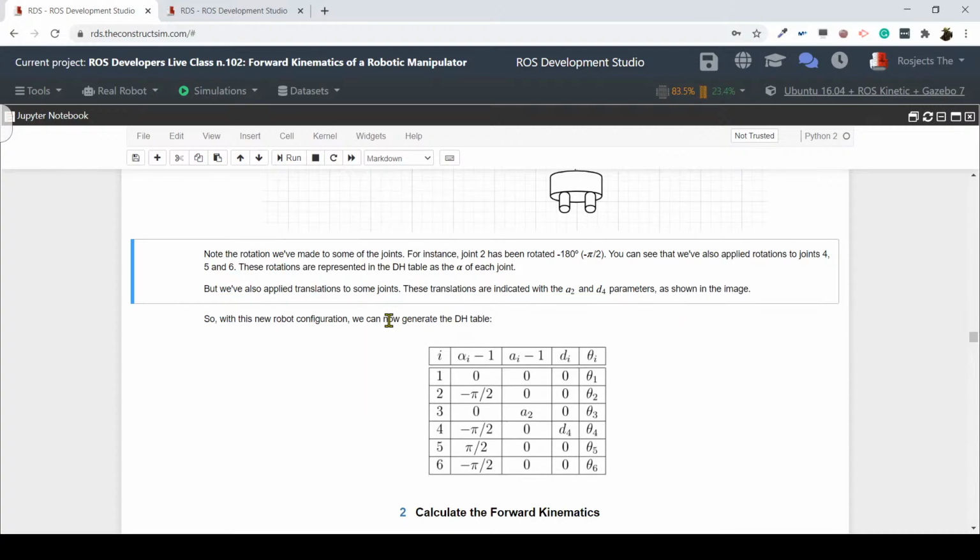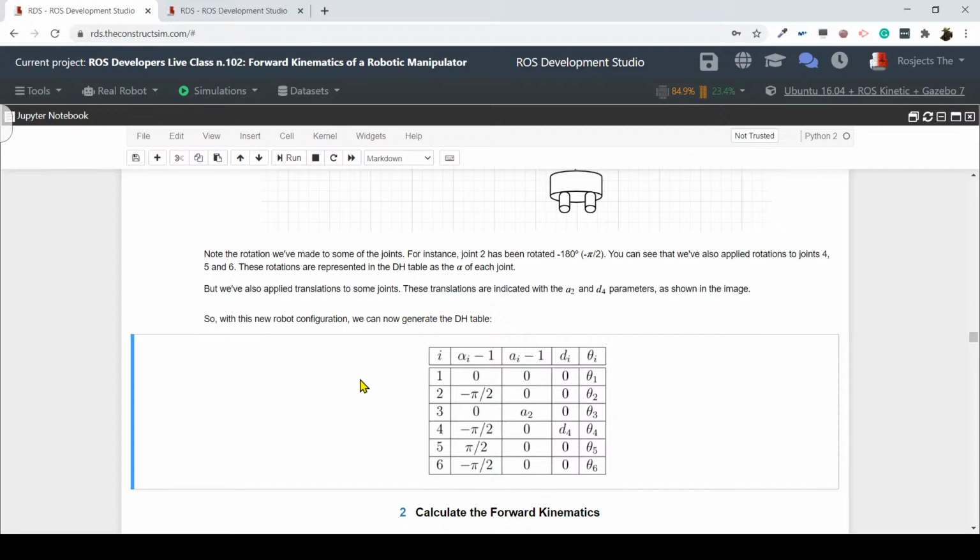So, once we have generated our kinematic diagram and once we have obtained our DH table, we can then calculate the forward kinematics. How? Well,